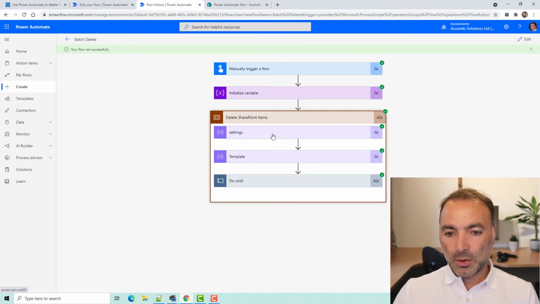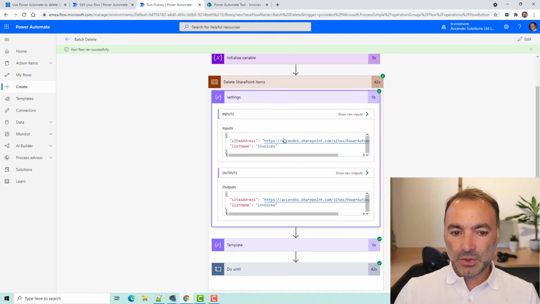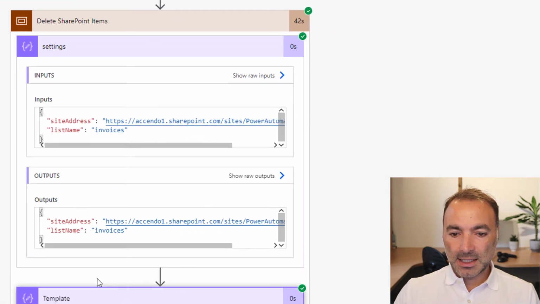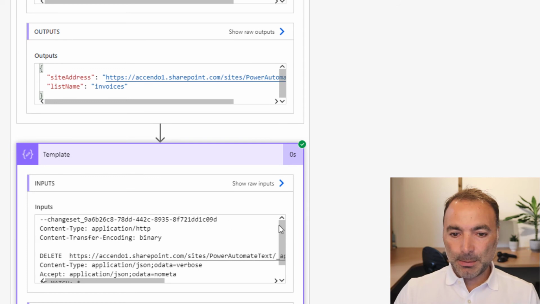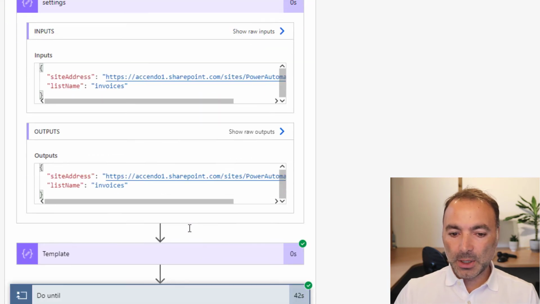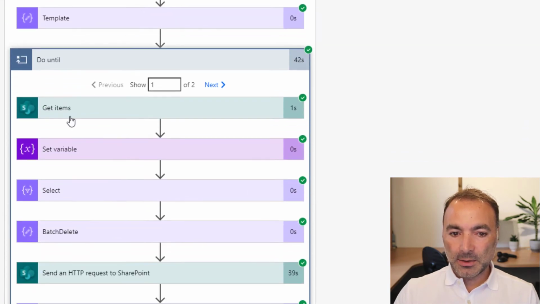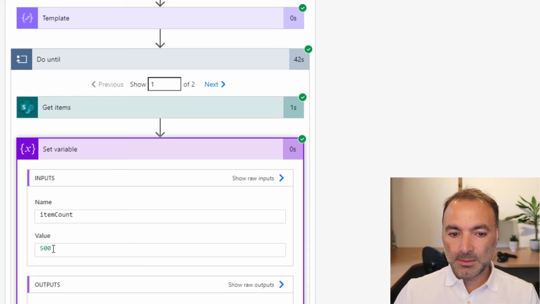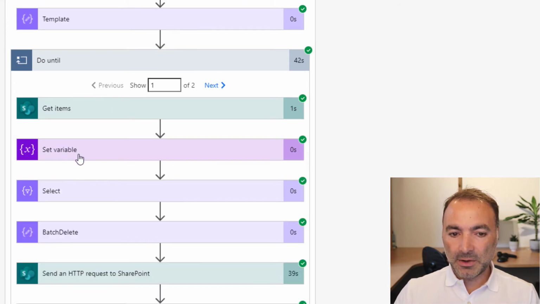So let's just go through here and have a look at some of the run history. Here's our settings. This is the template that we created for the change set actions. And then we go into a do until loop. The get items action would have retrieved 500 items, item count 500.